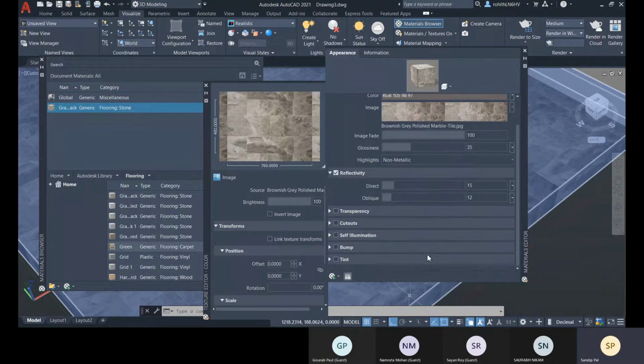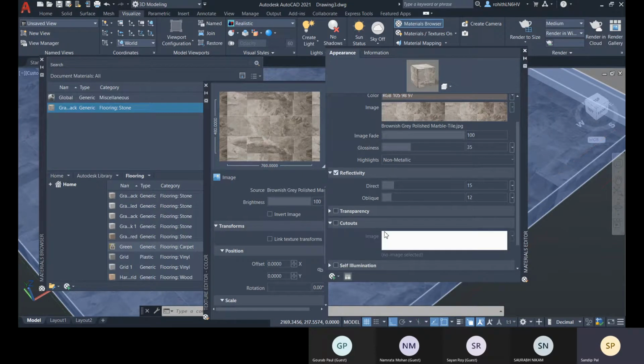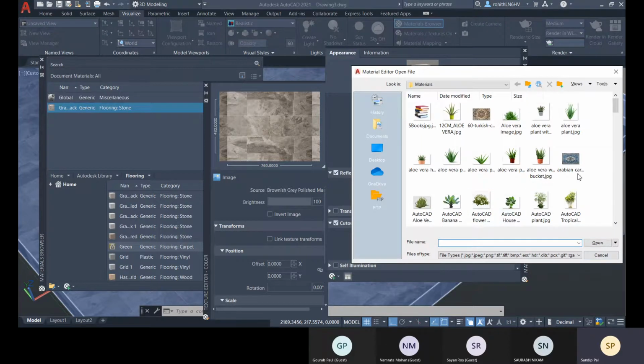Okay, and this is to make it transparent. So when you are creating a glass profile, there will be transparency. Glass materials will have transparency. Cutouts means if you want to create a hollow section, or cut that part out. Okay, so you can do that. So let me show you this cutout. This is very much fun. If you choose this cutout, and then if you